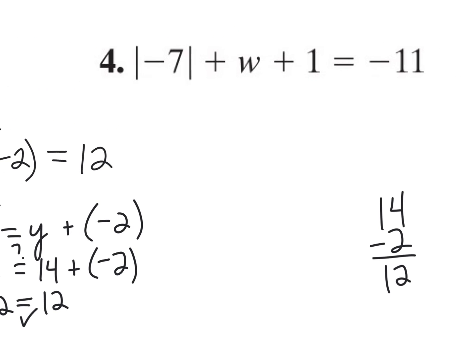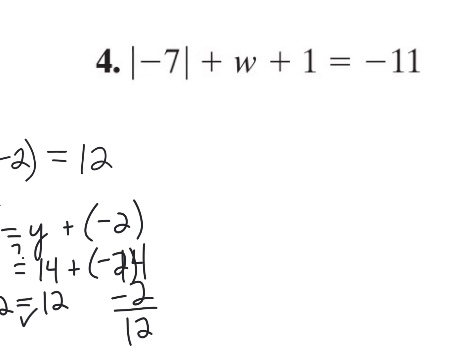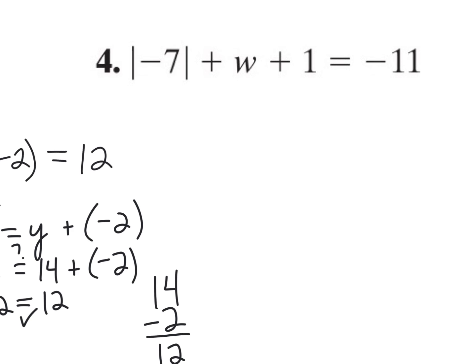And finally, number 4, I would go ahead and take care of the absolute value first. Absolute value of negative 7. How far is negative 7 from 0? Would be 7 units away. And this one's got a little bit of everything. So we have the absolute value. Another thing we have on this problem, if you'll notice,